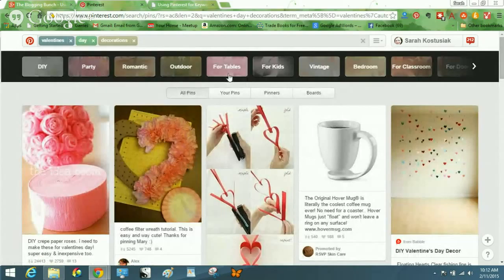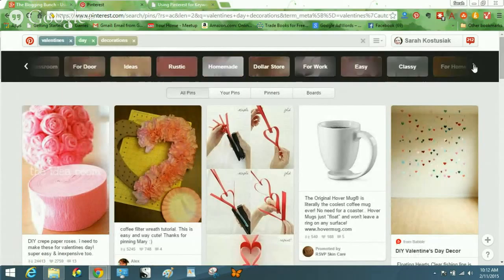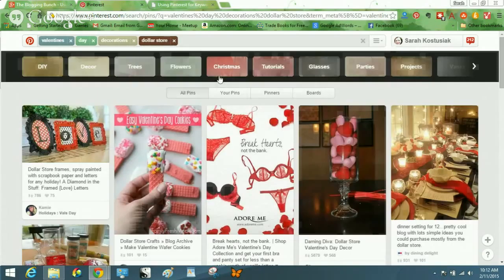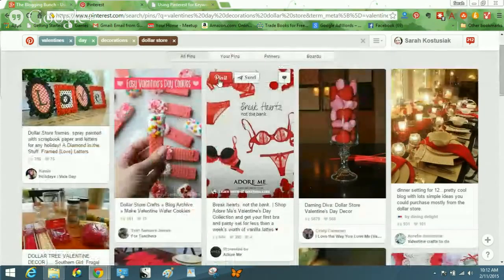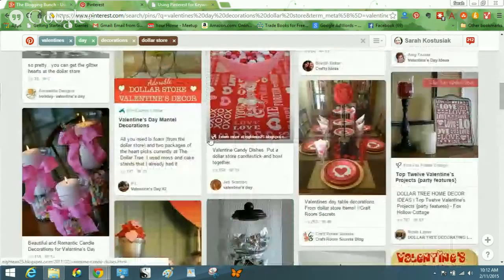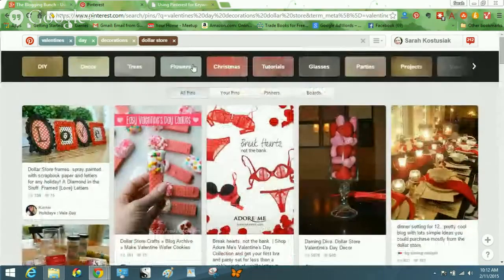Party, outdoor, for tables, for kids, vintage, bedroom, for classroom, for door, rustic, dollar store, homemade, kind of like that. Valentine's Day decorations, dollar store, Valentine's Day decorations, dollar store frames. So now I'm not sure. Valentine's Day decorations, dollar store, Christmas. That kind of seems strange, but right, you can continue to go down and down and down and niche it